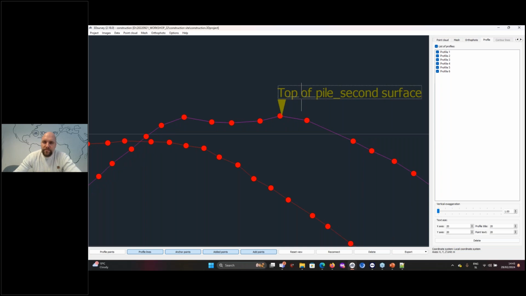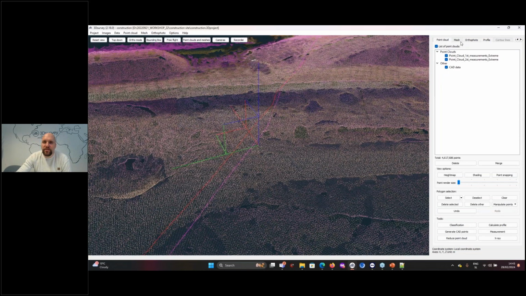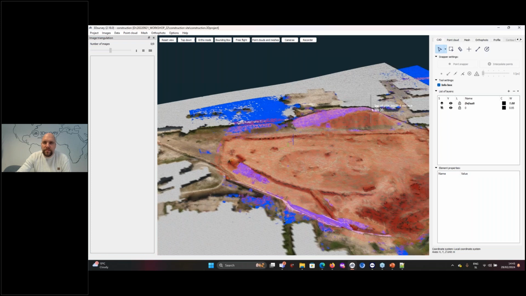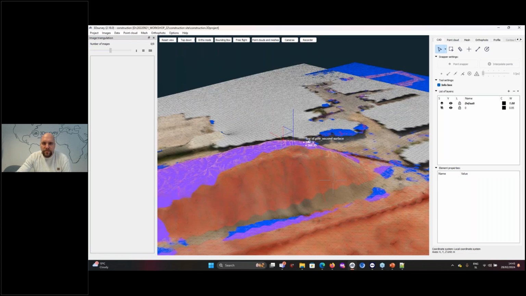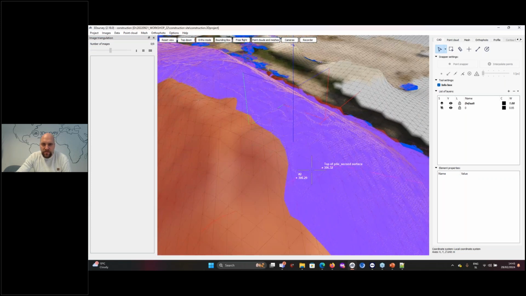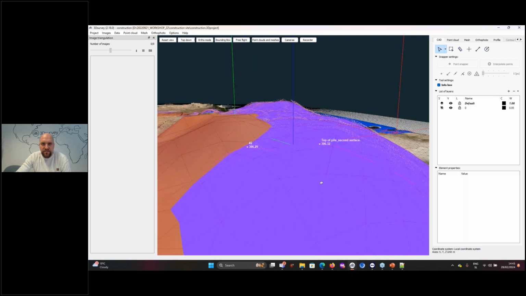For example, this marking of points is actually more useful when we have a ditch and we want to mark the bottom of a ditch or a top, when it goes like that. Mark here, this is top, here is bottom, bottom, top. So when we mark points here like that, these points will be here in our CAD section. So these were the points that we marked on the vertical cross section.